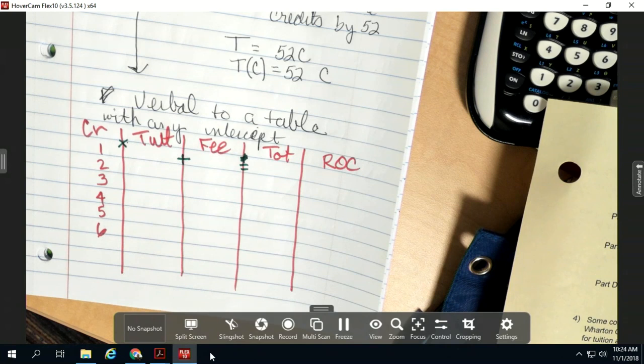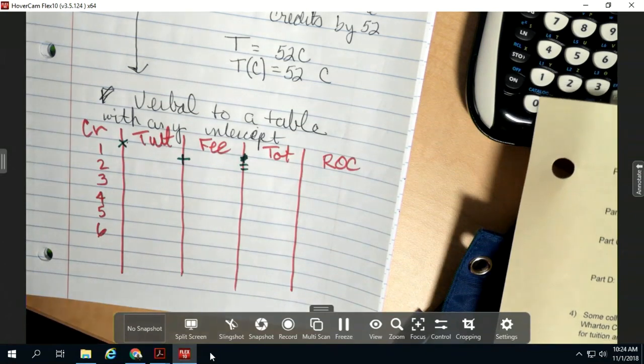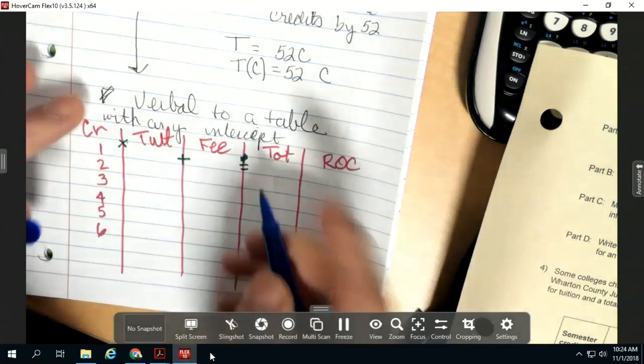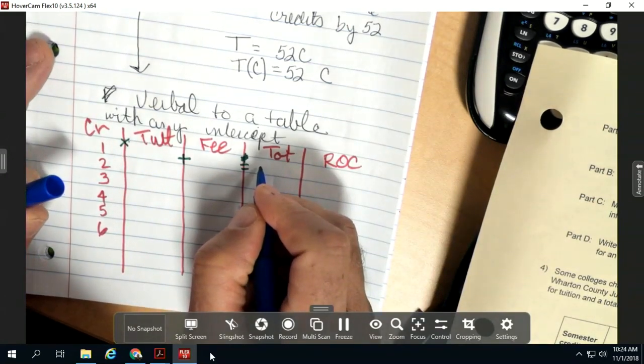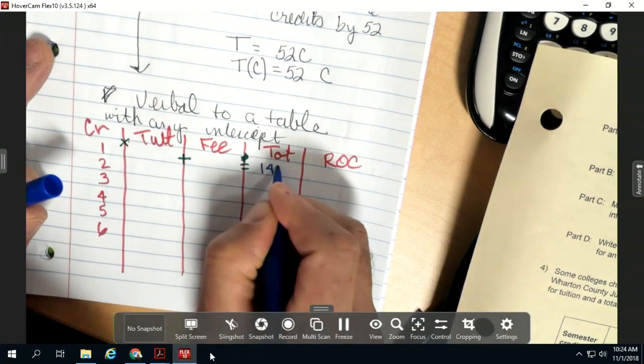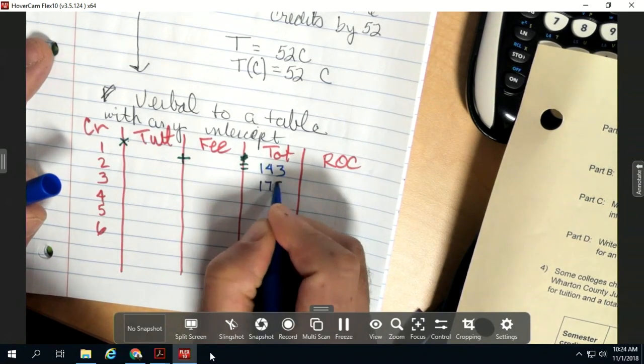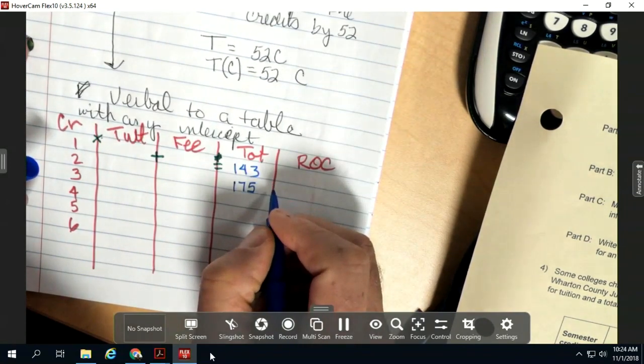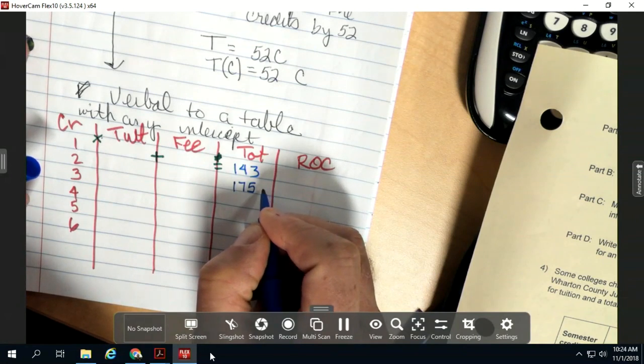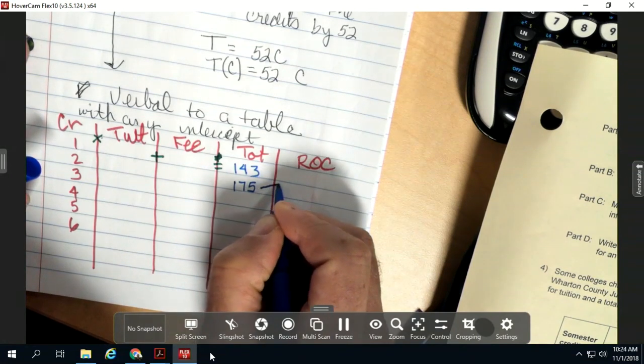You know how to do those rates of change there, Connor? I'll do the first one for you. What did you get for a total here? 143. What did you get for a total here? 175. The rate of change is always the second one